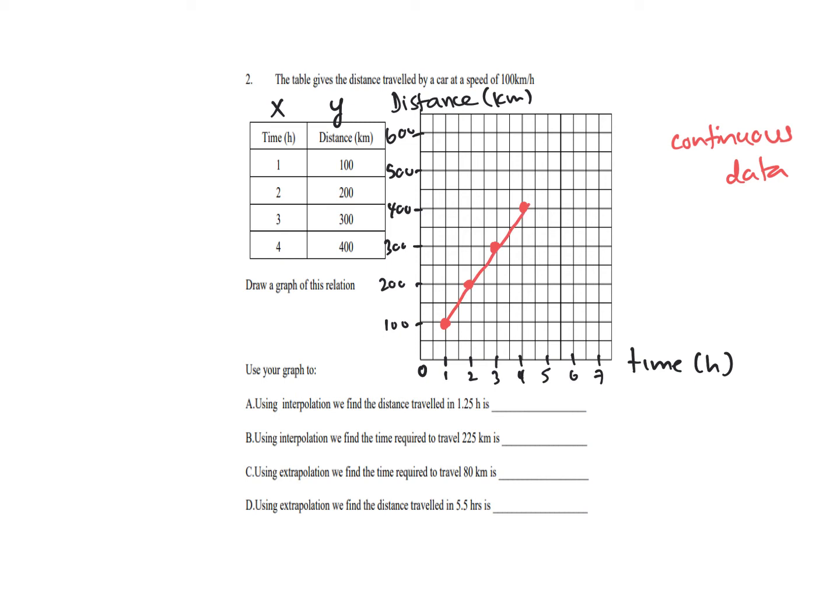Okay, now we're going to use our graph to find the distance traveled at 1.25 hours. You'll notice that it says interpolation because we do have that information on the line that we drew. So 1.25 is approximately here, and then I'm going to go over to find that distance. So it's approximately